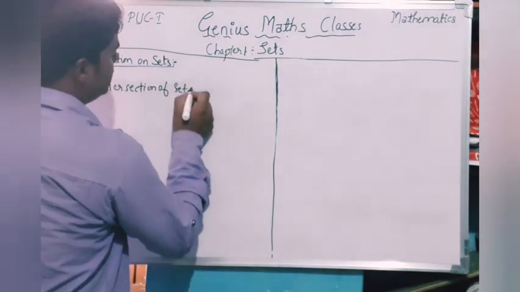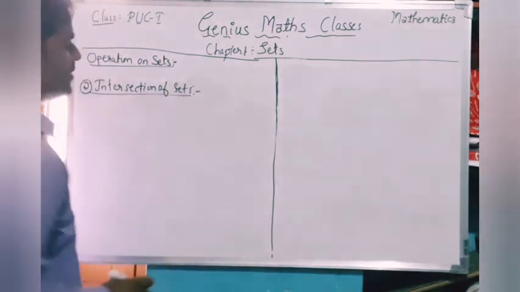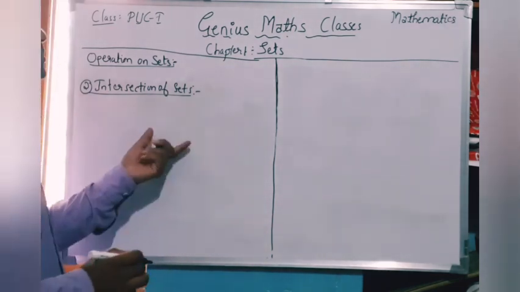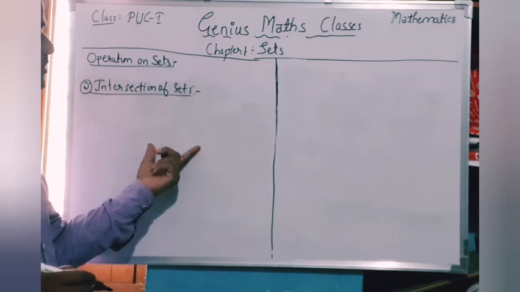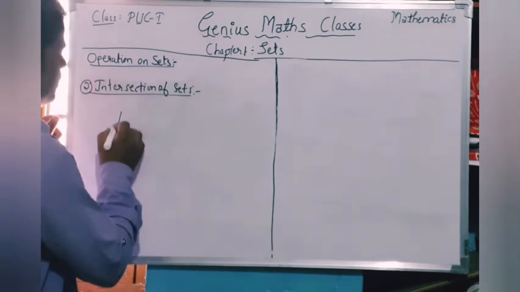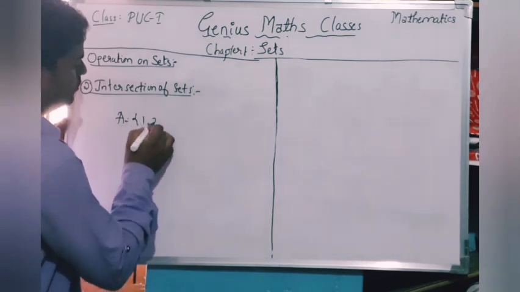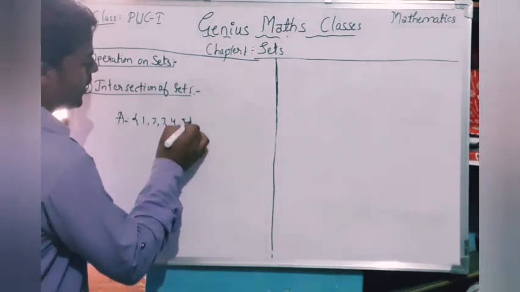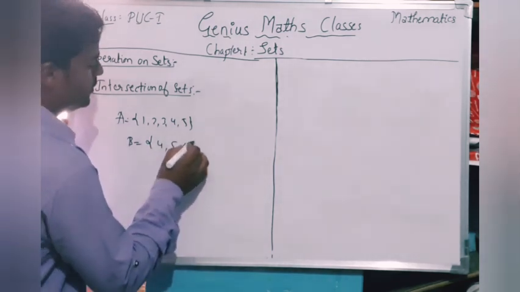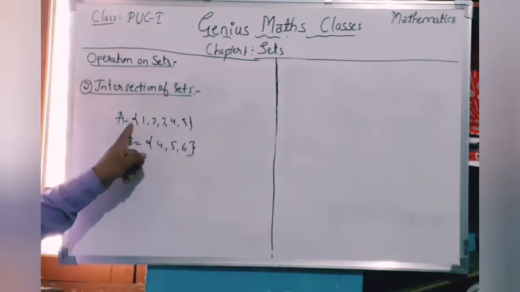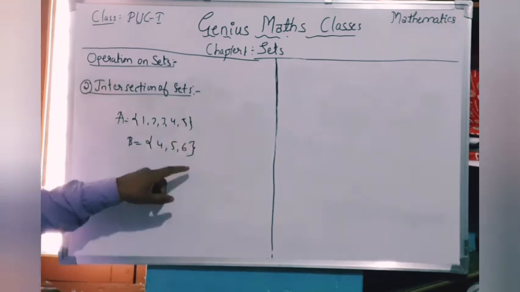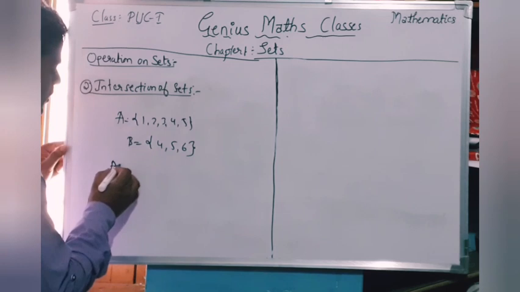Intersection of sets. Intersection means if you consider any two sets, we must write a new set with the common elements of both A and B. For example, A equal to {1, 2, 3, 4, 5} and B equal to {4, 5, 6}. So the new set A intersection B